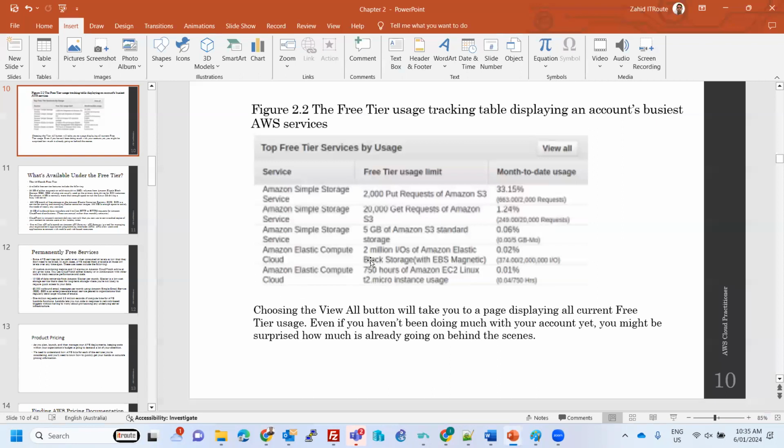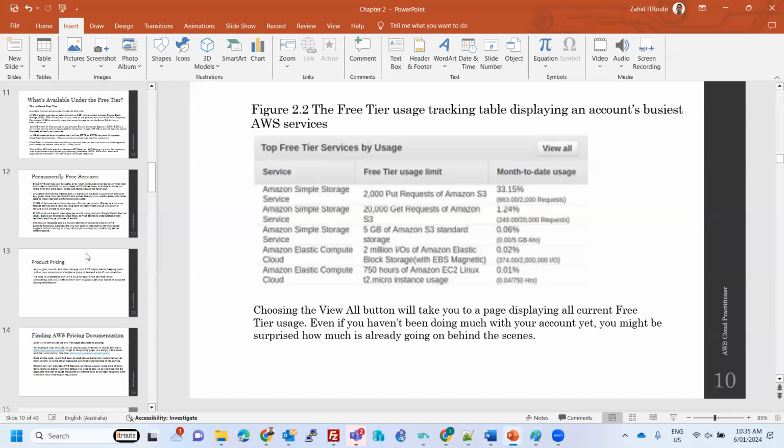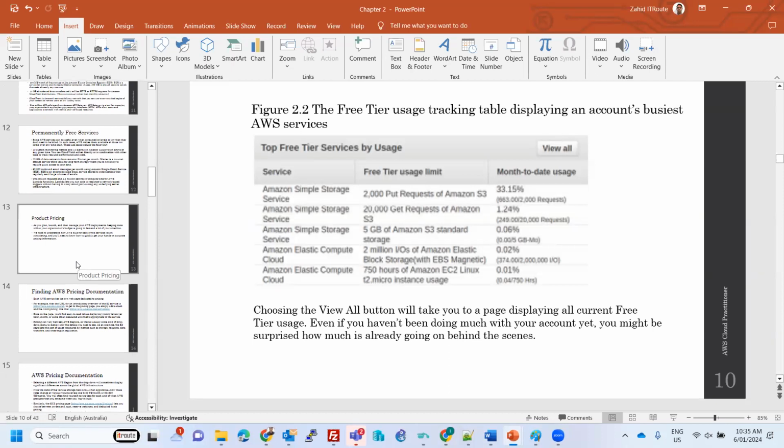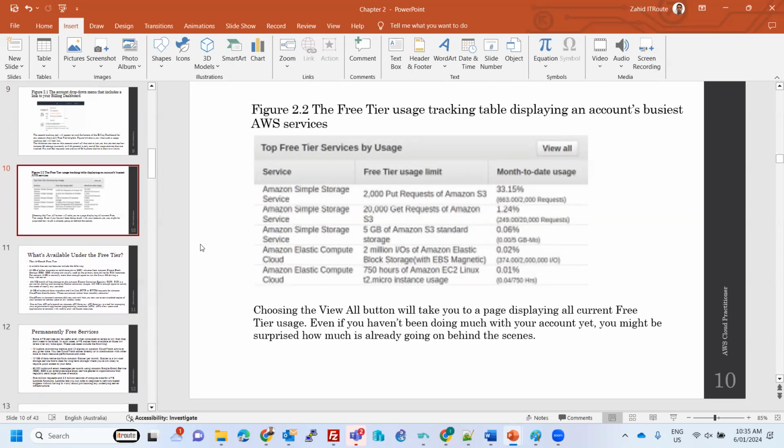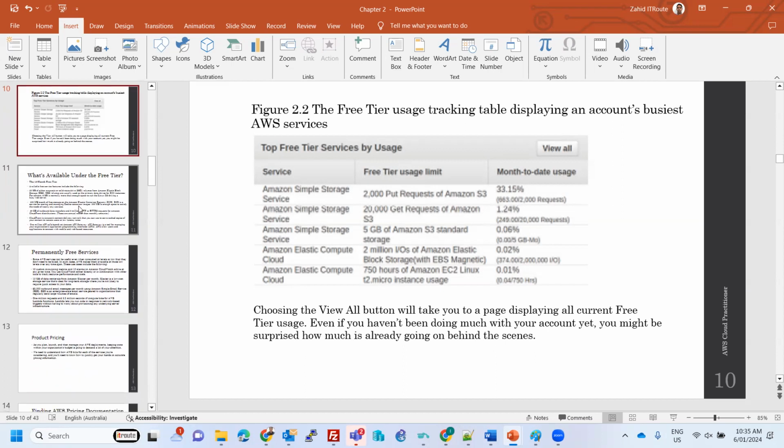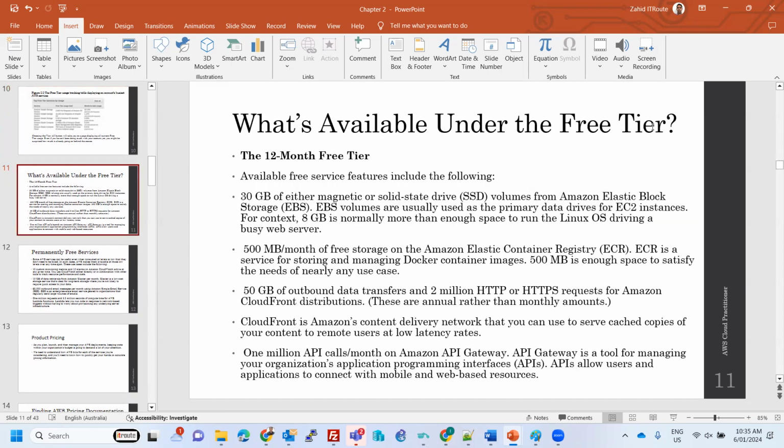Yeah, so everything cost related we have in here. Now, what's available under the free tier? 12-month free tier, available free service features include the following: 30 GB of either magnetic or SSD volumes from